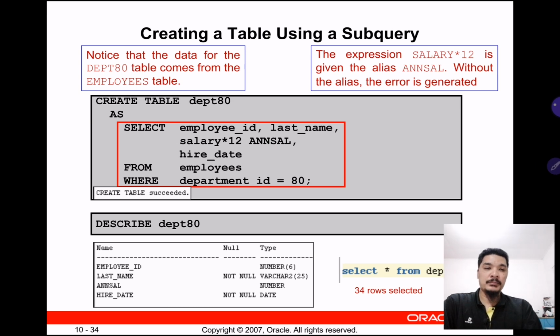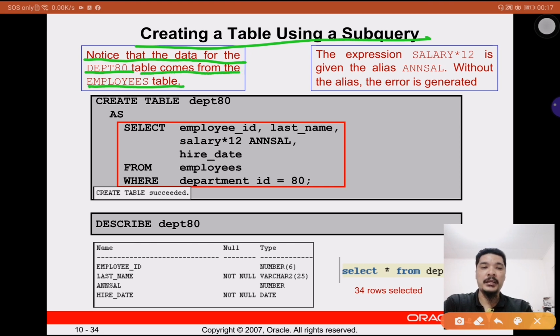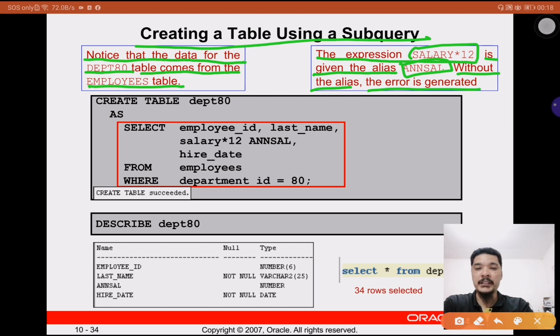So this is the example of creating a table using a subquery. Notice that the data for the DEPT80 table comes from the employees table, and the expression salary times 12 is given the alias ANNSAL. Without the alias, an error is generated. So what happened here? We want to create a new table, so we create a new table named DEPT80, and we put AS, and this is our